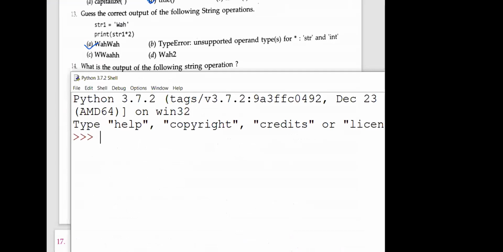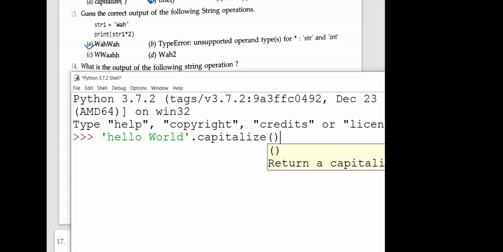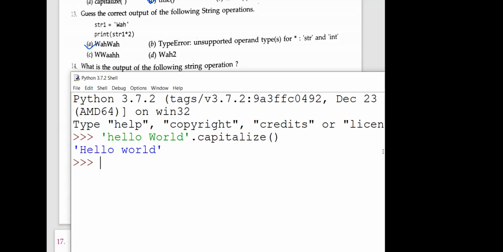Because it is capitalized, what is the property of capitalized? What will capitalize do? It will make the first letter capital. What about the remaining characters? They become small. Okay. You can see the difference here.